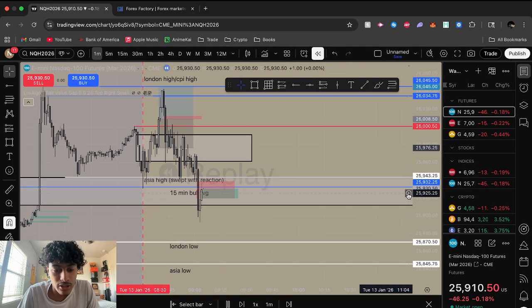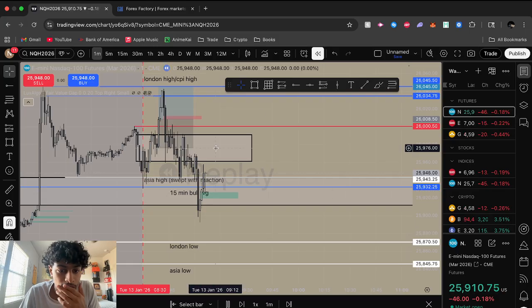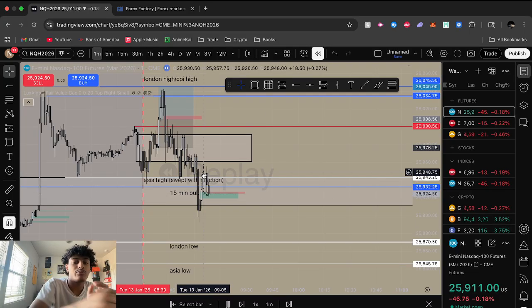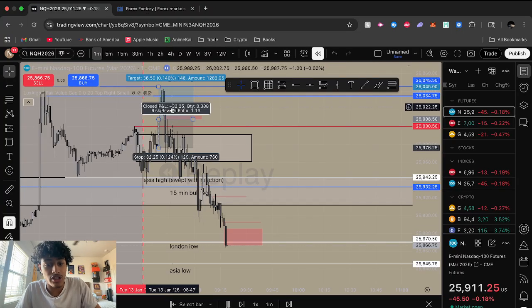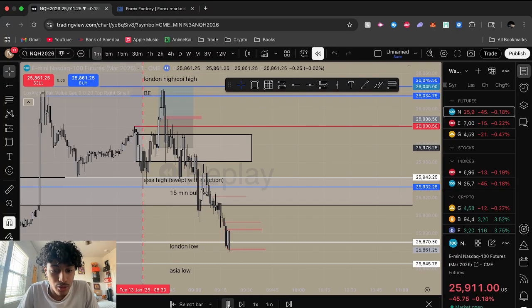I wouldn't have probably traded today. Still, this is what I mean. We have all these clean price movements and all that, but we have these clean price ideals, and the way that we execute on the CPI day is just not ideal, honestly speaking. The only good trade that I saw was that trade right there. Even if we look at